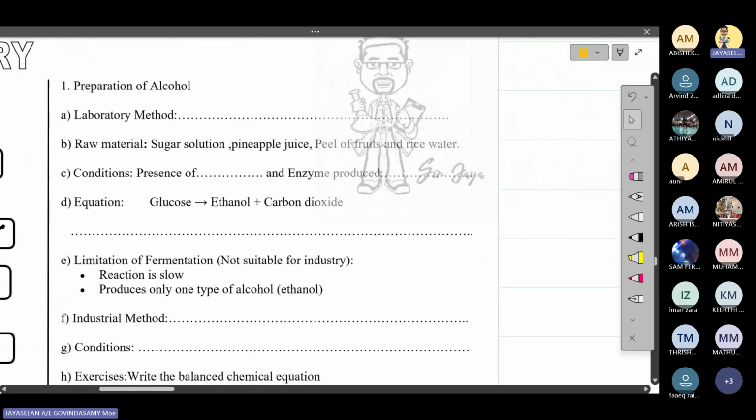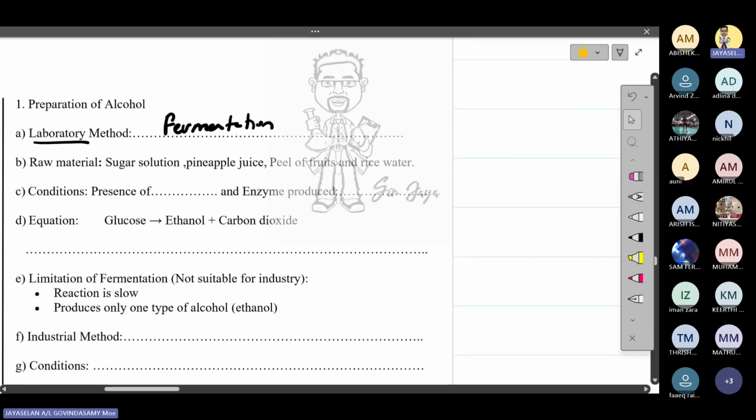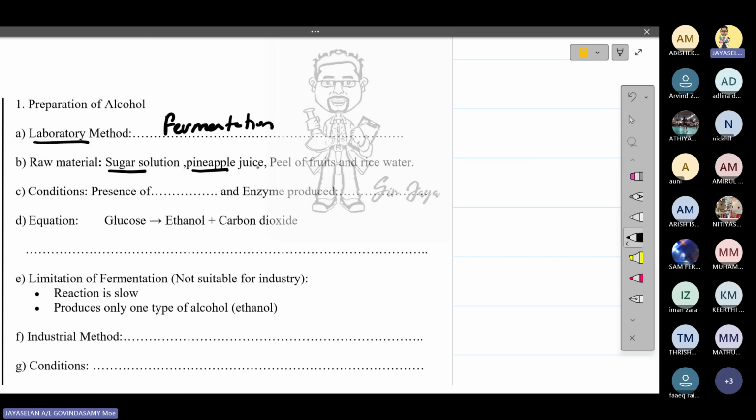Okay, lab preparation of alcohol. If they ask laboratory method, your answer is fermentation, proses penapaian, satu markah. The raw materials that we use in preparation of alcohol in laboratory: glucose, pineapple, fruit ataupun kulit buah-buahan yang telah dikupas, direndamkan dengan air. After 1 day, we take the water, we can do fermentation process also. Peel of fruit, rice water, all these